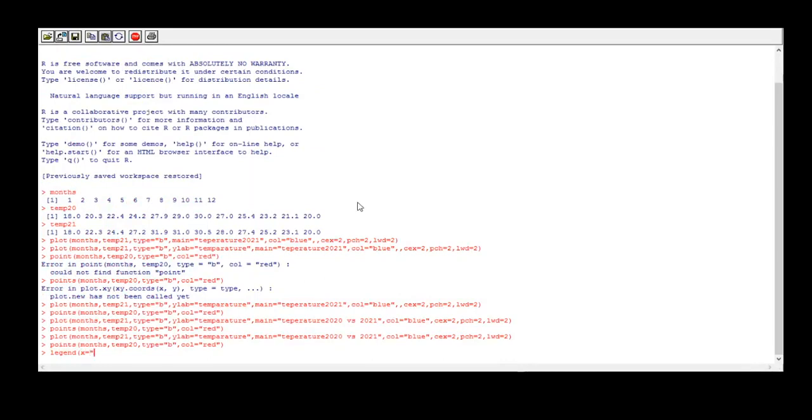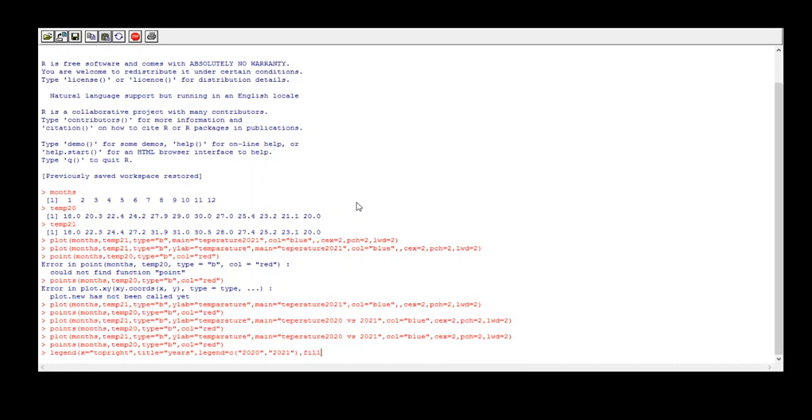The first parameter we need to give is the position of the legend. I want that legend at the top right position. Then the title of the legend is years. By using that legend I want to specify years. Then the values of the legend are specified by using the legend parameter, 2020 and 2021.